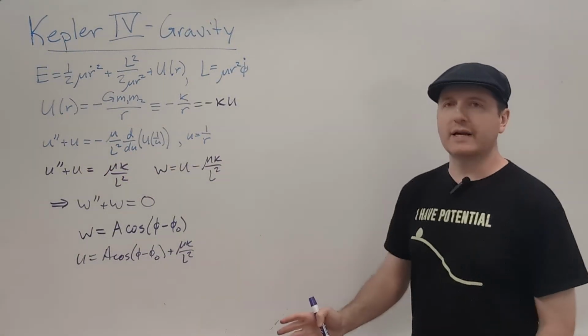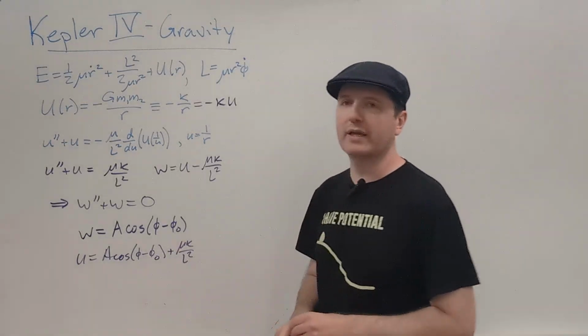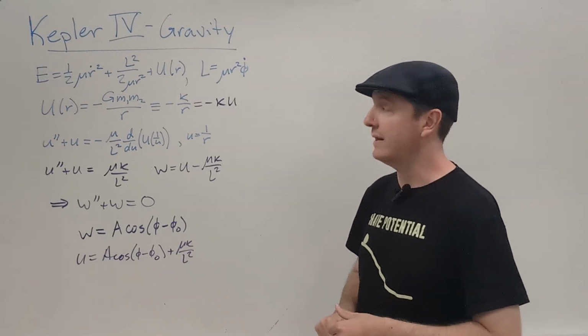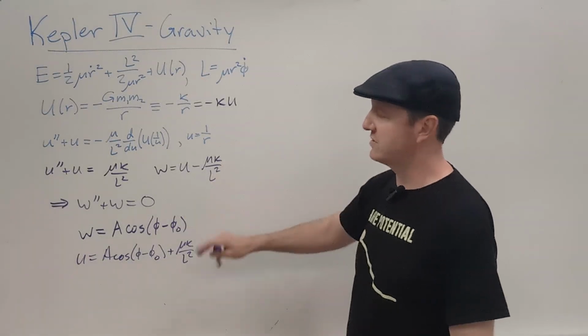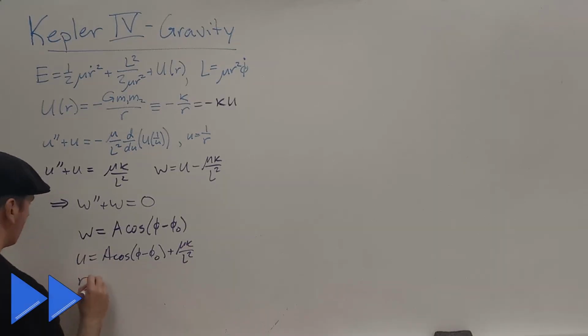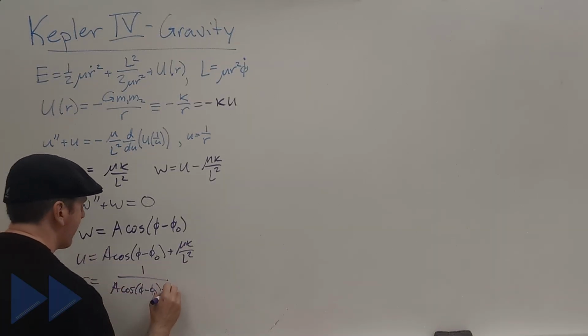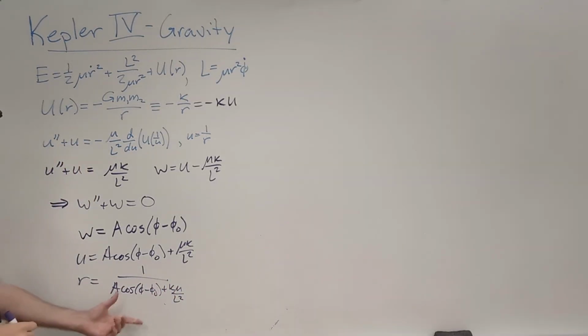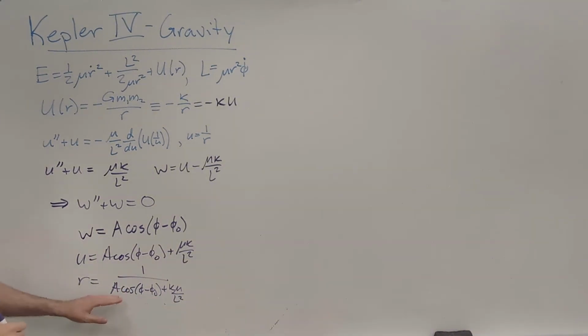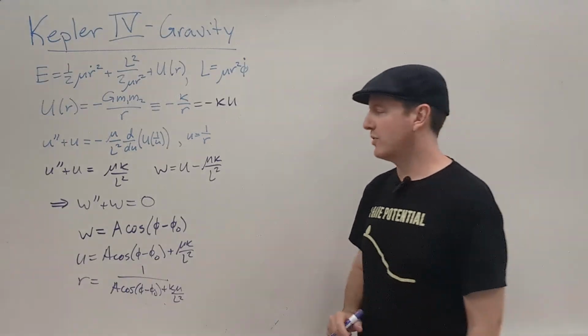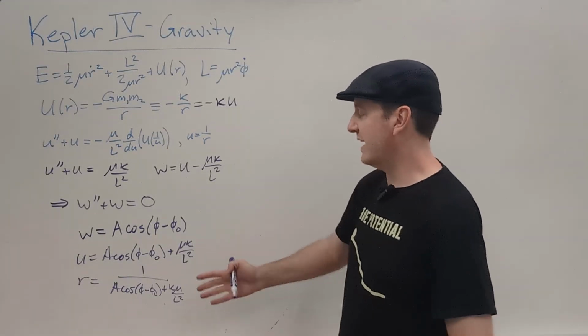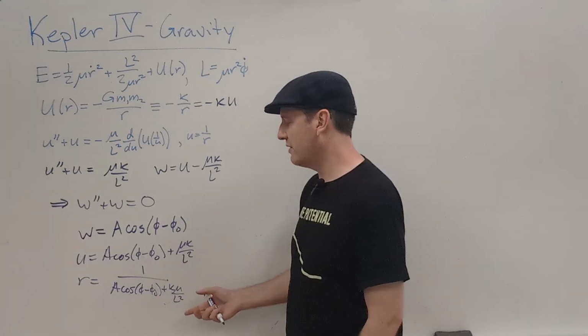Okay, we're almost there, but even that's not really what I'm looking for. I want to know the orbit, as in r as a function of phi, which is the reciprocal of this. So I'll just flip it. This is a little clunky. We would like to do a couple things to try to simplify this or write it in a more useful form. This is actually kind of the answer, but it's going to be a little more convenient to rewrite a